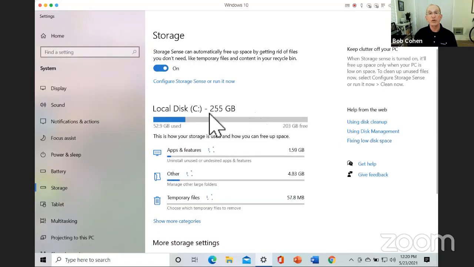And see how much storage you have and how much is used and how much is available. So you're able to get that information right from your Windows computer. And it's pretty convenient. So that way you can tell.